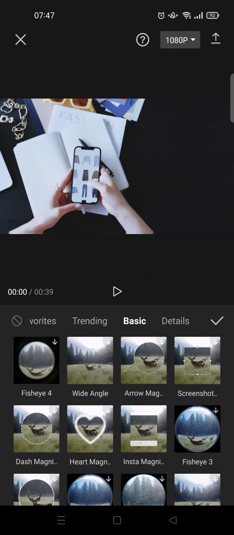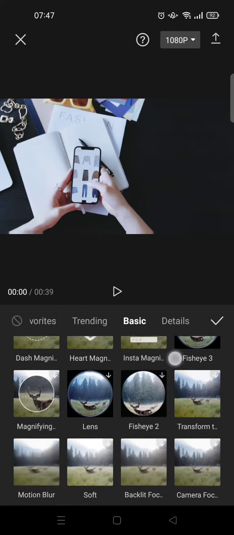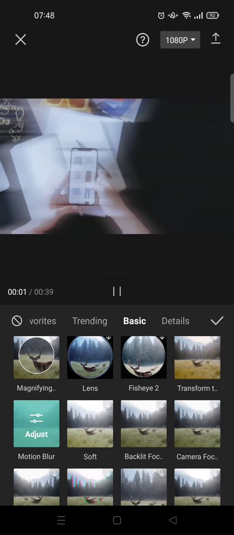And then here you can just go to the basic tab and then scroll down until you find the blur effect. There are some blurry effects that you can use. The first is motion blur, like this,